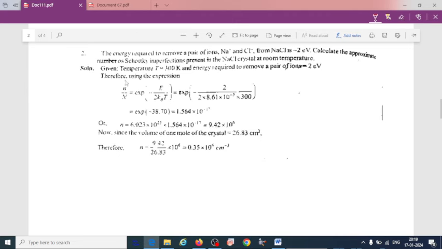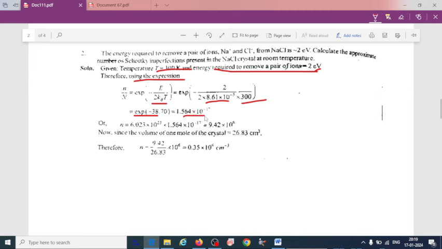So first, you have to write down the given temperature and the energy required to remove a pair of ions, which is 2 electron volt. Therefore, using the expression n divided by capital N equals exponential of minus E by 2 kB T, Boltzmann constant into temperature. The energy is 2 electron volt, and you should write the value of the Boltzmann constant. Temperature they have given is 300. If we take the exponential of this value, we will get